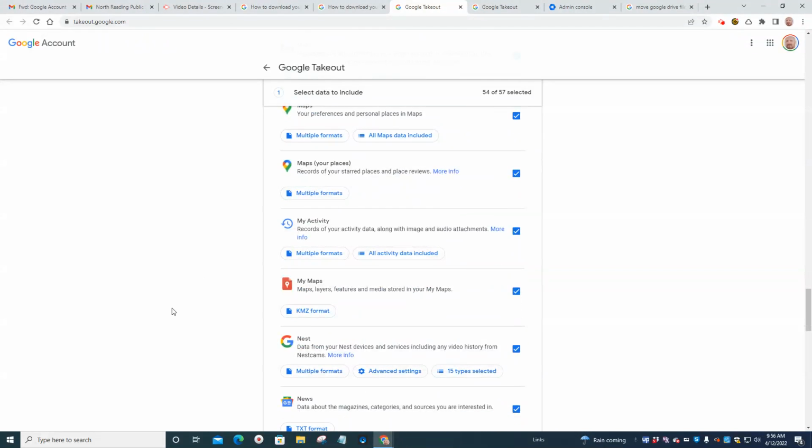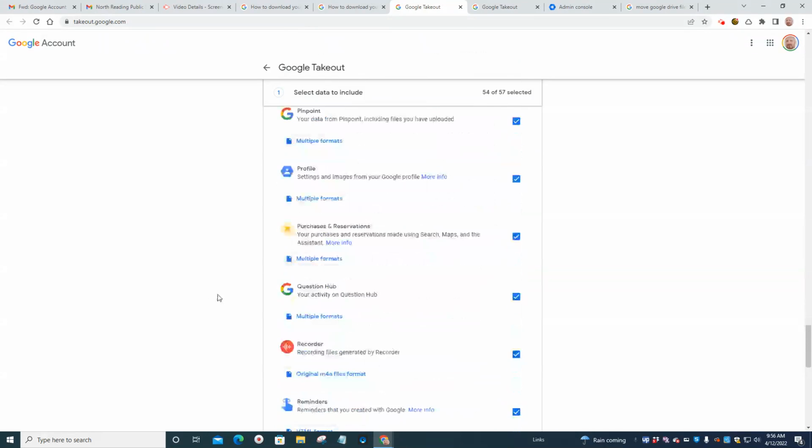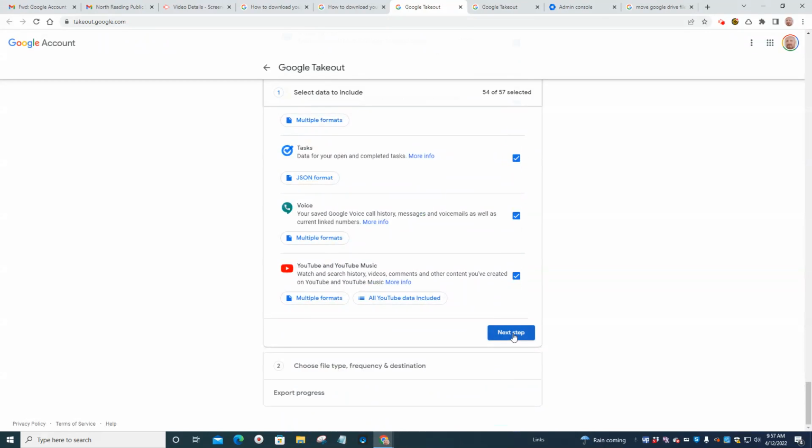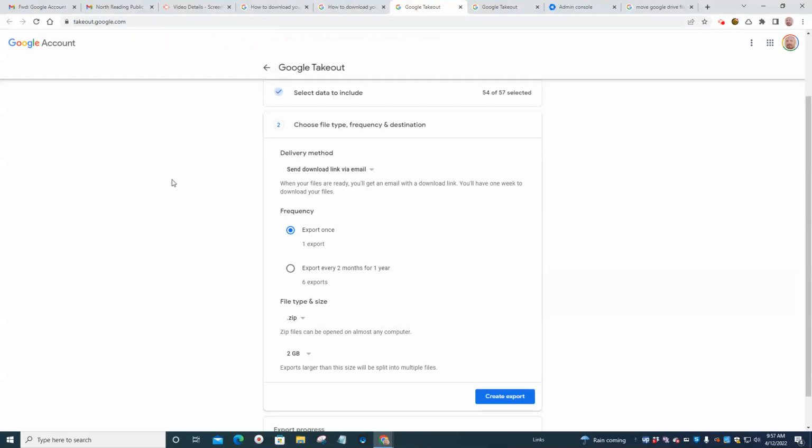All right. So once you get through all of these applications and you review, then you want to press next step. And then it's going to ask you the file type, frequency, and destination. So the very first thing is you do have an option of adding it to Drive, but that's going to go into the same account. So